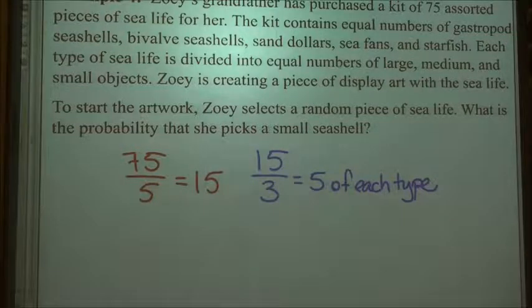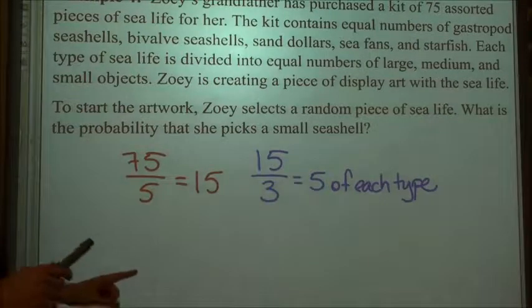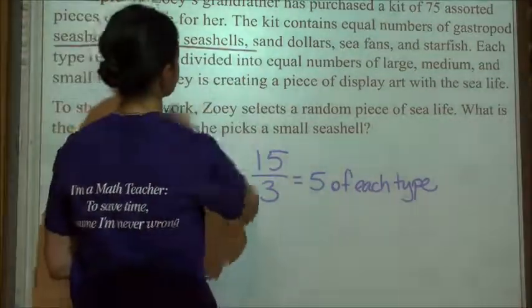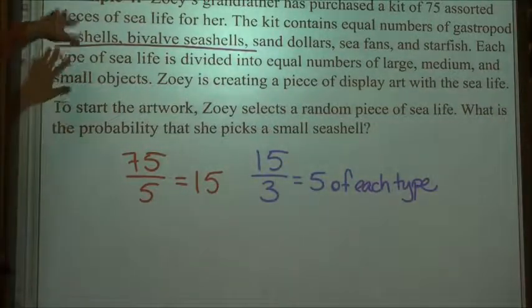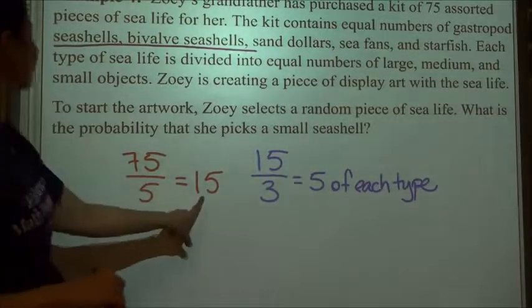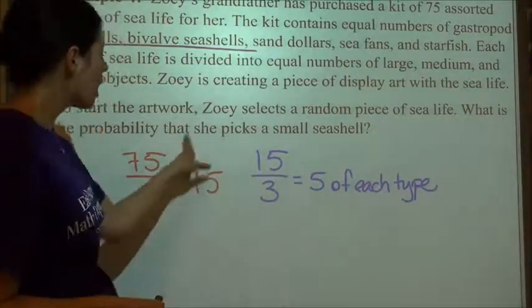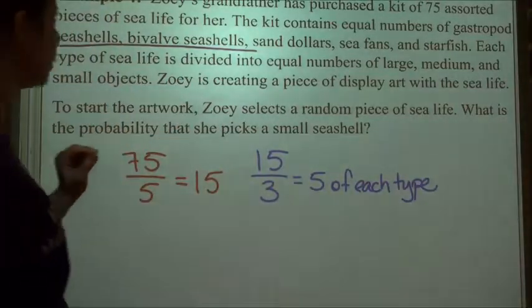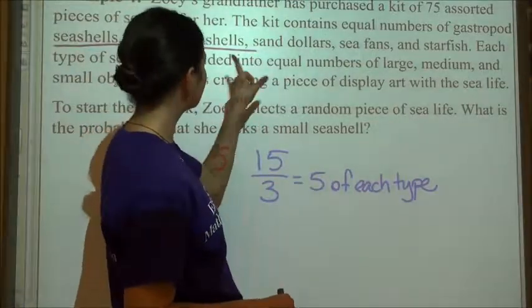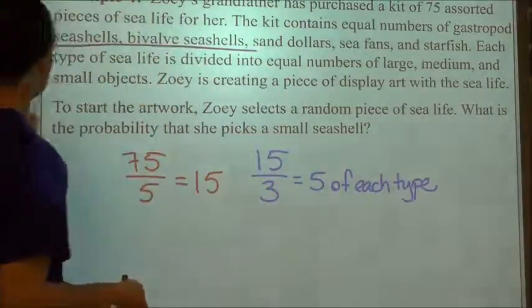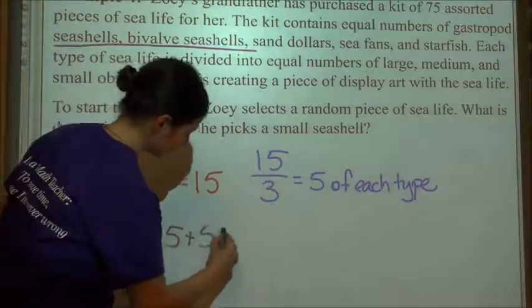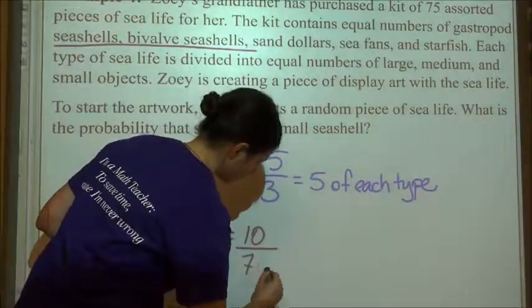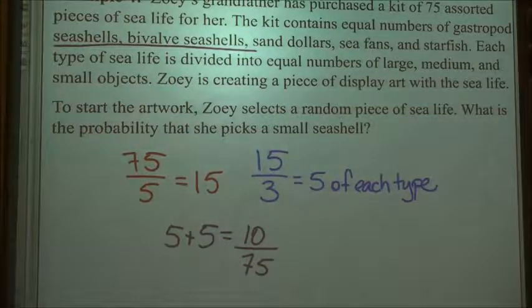Zoe is creating a piece of display art with the sea life. To start the artwork, Zoe selects a random piece of sea life. What is the probability she picks a small seashell? So for seashells, we've got 2 choices. So there's 30 seashells, because you've got 15 that are gastropods and 15 that are bivalve. Of those 30, 5 of each are small. Because 5 plus 5 is going to give us 10 out of our total number of 75. So she's got a 10 out of 75 chance that she picks